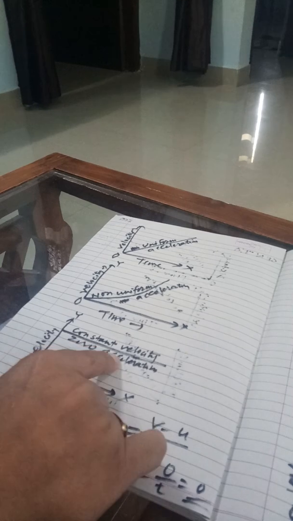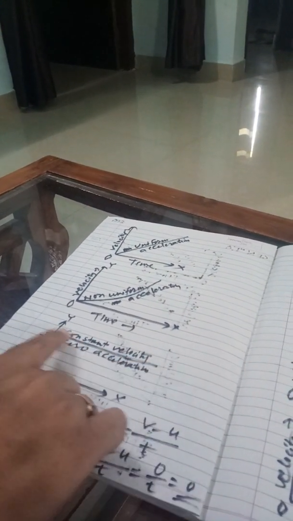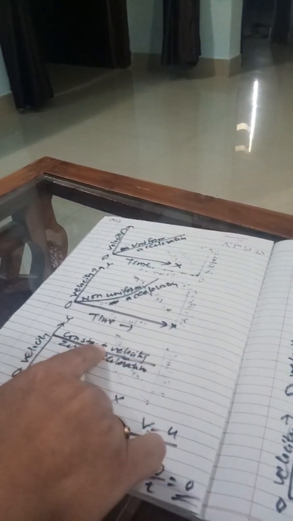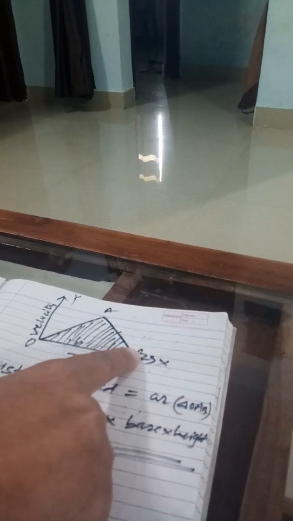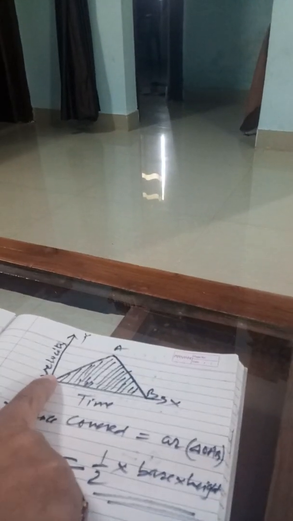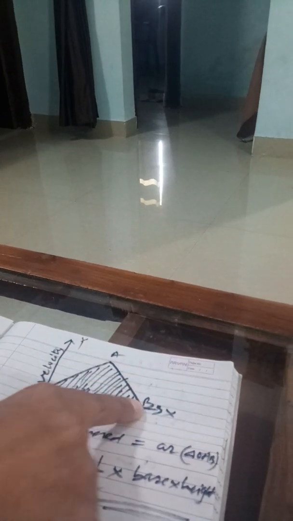For both the quantities, the graph will be the same: a straight line parallel to the time axis, and it should be a velocity time graph. This velocity time graph can be utilized to get the distance covered by a body as well. If one is able to get the area enclosed by a velocity time graph, he will be able to know the distance covered by the body.